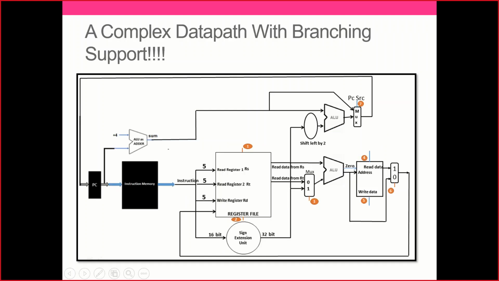Let's go ahead with one very simple data path which is going to be versatile also in nature, where we have included all this. I have added some new multiplexers here, but I'll explain you, don't worry. Now let's see how exactly things work here in this data path model, right? I have got a register file where you can see that RS, RT and RD are available, and there is an offset which is coming here. Sign extension unit is also available.